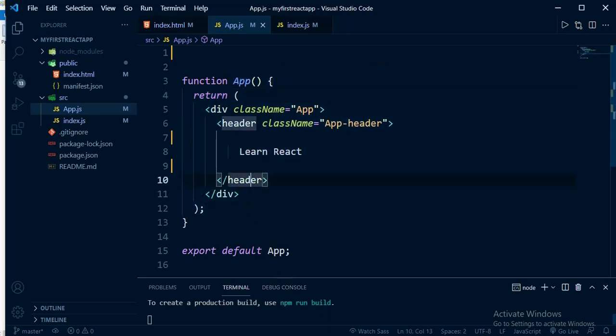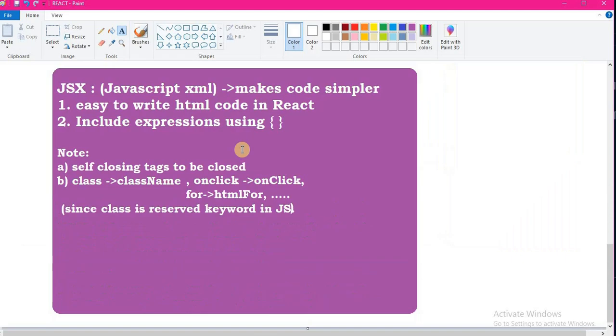Okay, let me tell you what JSX is if you are not familiar. JSX is JavaScript XML. Here we can write some HTML code easily in React. We can include some expressions. I'll discuss everything line by line. Again, note that the self-closing tags which are used in HTML should be closed.